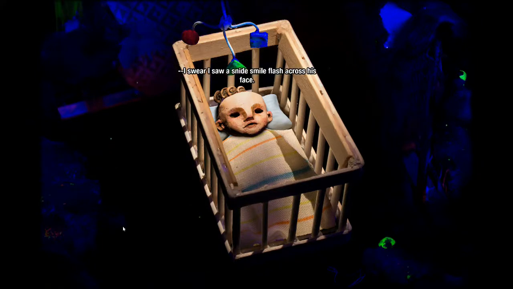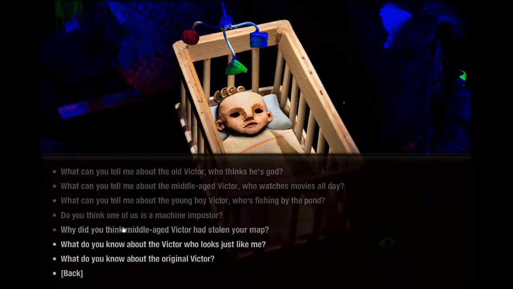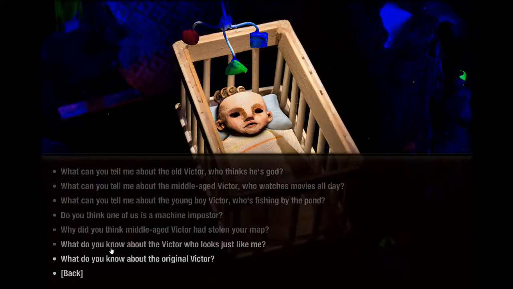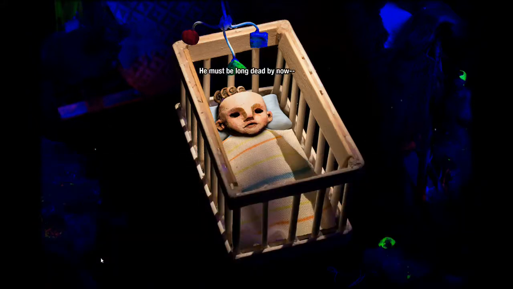Ah, could it be that middle-aged Victor is our machine imposter? That could be just too easy, though. That said, he does seem to be the Victor that is most content with being in this location. I don't know. We'll see if I find the answer to that question at some point.